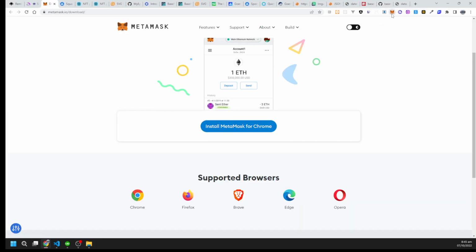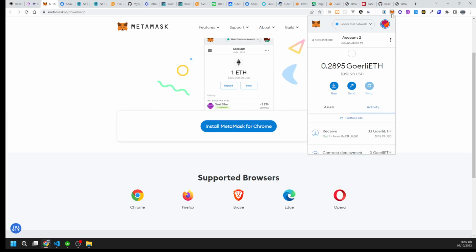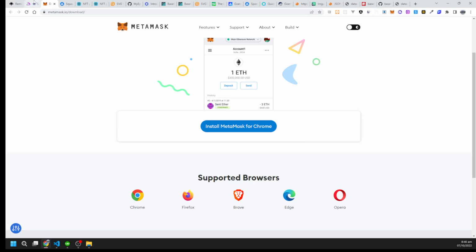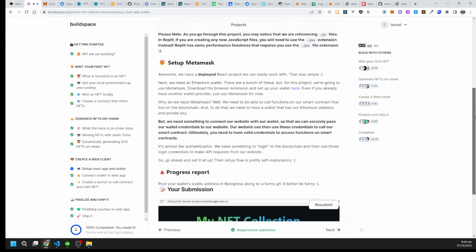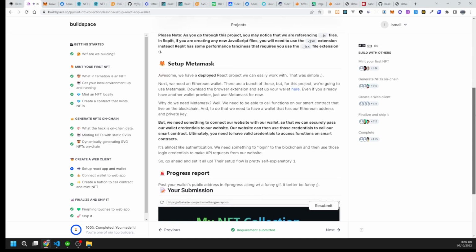This is the Metamask extension that I have installed, so you can install it also. Okay, and set up it here. Okay,